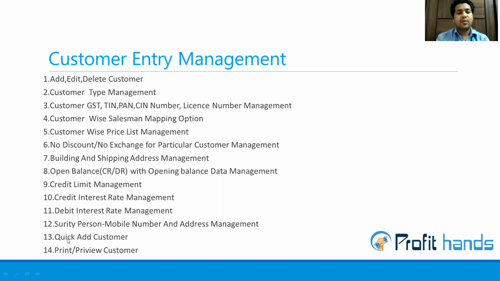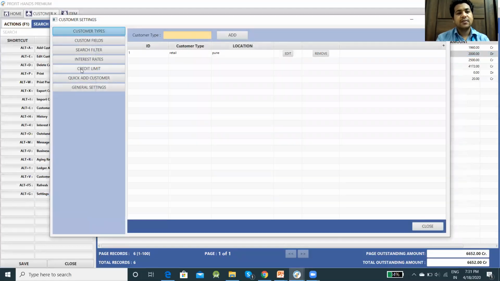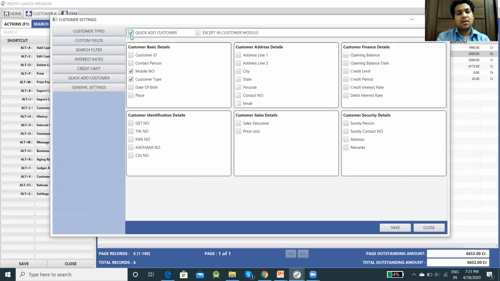Now let's see how quick add customer works. For this, you have to go to settings and click on quick add customer. Then you will see two checkboxes. One is quick add customer. In this quick add customer, suppose I don't want to see all the stuff. I want to select a few parameters which should be coming there, and I will fill up those parameters.